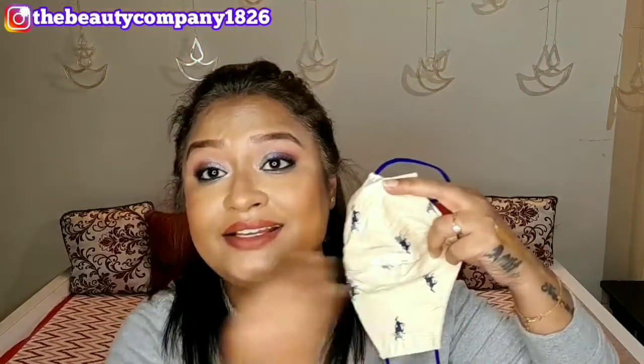Now comes the moment of truth. We are going to check whether the foundation is actually a mask proof formula or not. Wow, there is no marks other than my lipstick mark over here. Rather than that, there are no foundation marks to be seen on the mask. So this proves that